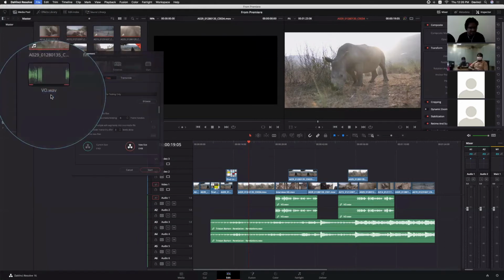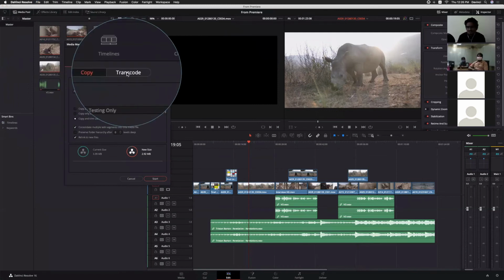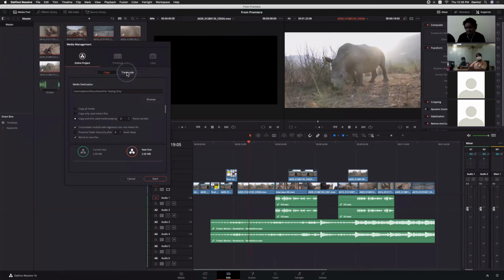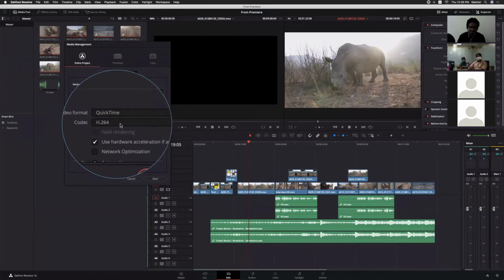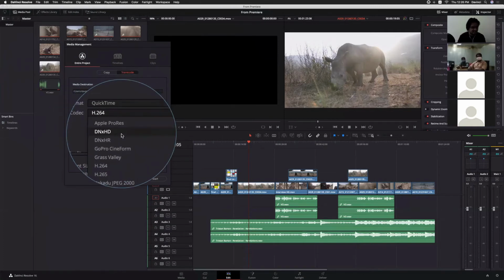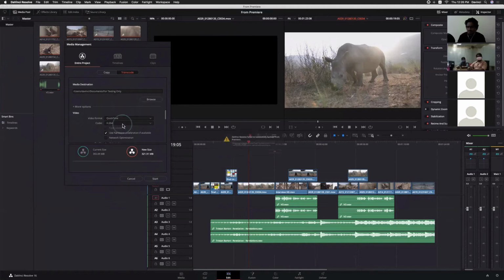Select the media management, the transcode options. So while copying, in a simple way, it will convert everything, whether it's H.264 or maybe DNxHD or H.265, it's up to you. Whatever format you want to transcode to, you can select those options here itself. Okay,